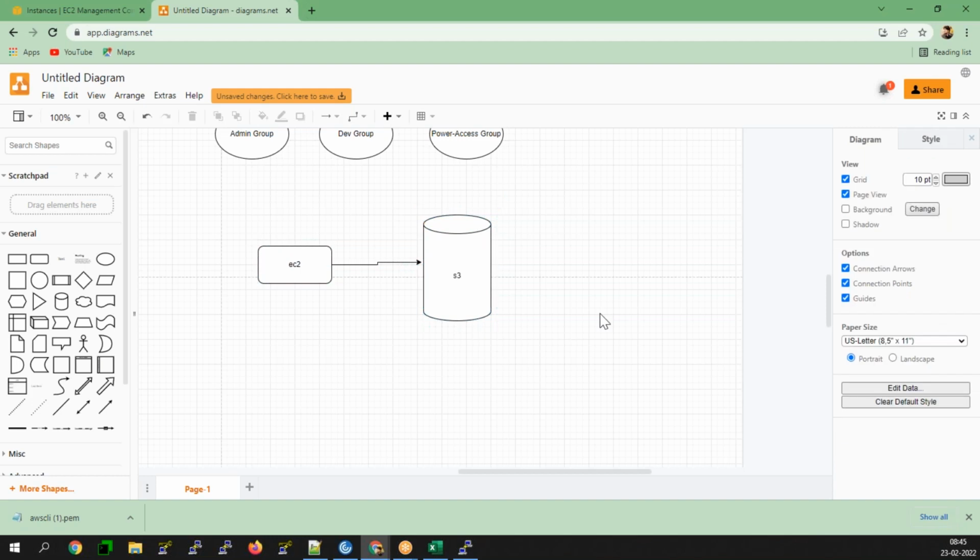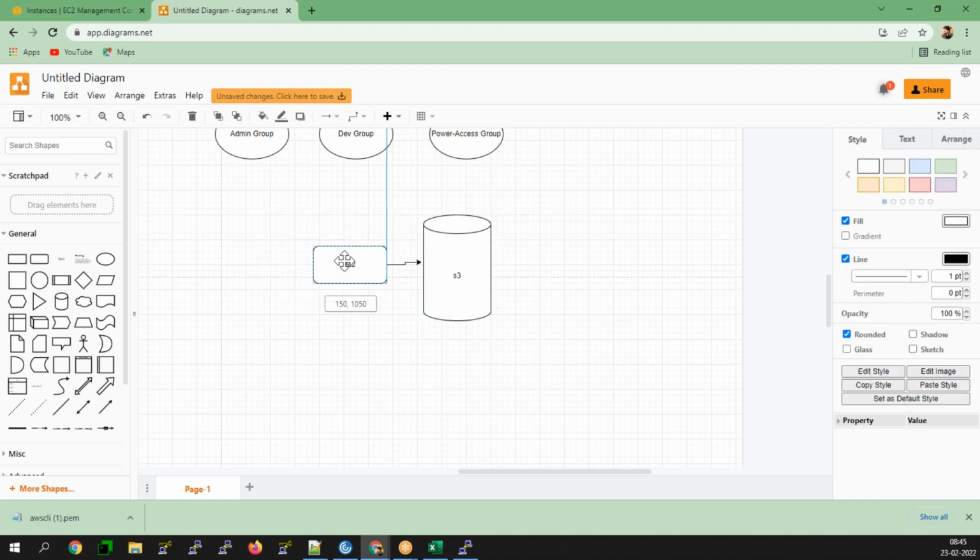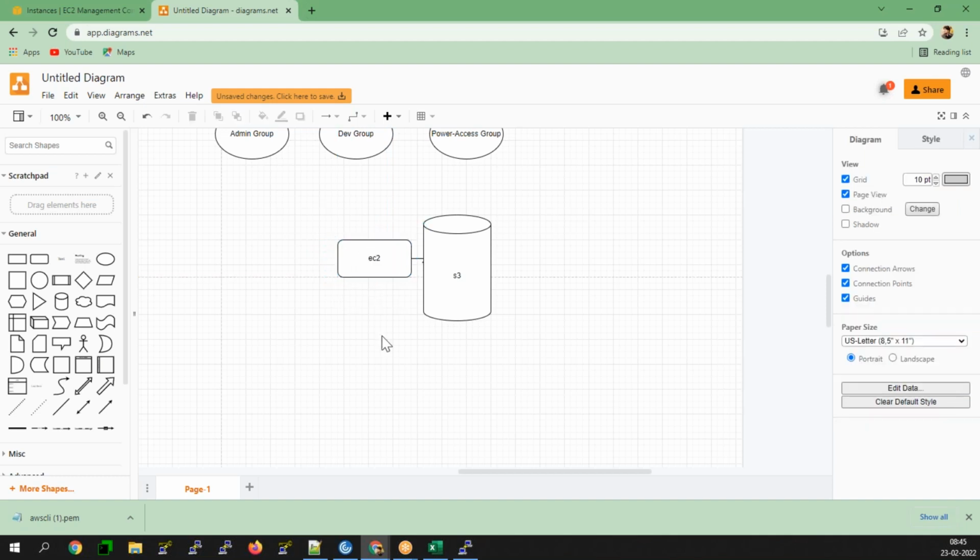I want to access the respective S3 bucket from this EC2 instance.